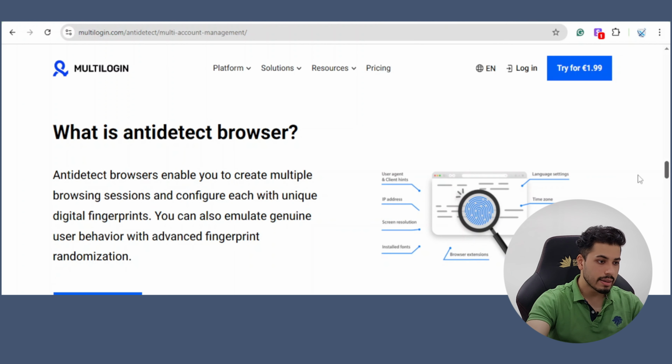So they have this, you can read about it. What is an anti-detect browser? If I quickly explain, you can create multiple sessions without the AI, the intelligence of these companies and platforms that we run ads on, or any such platform, being able to detect the sessions you are currently running.